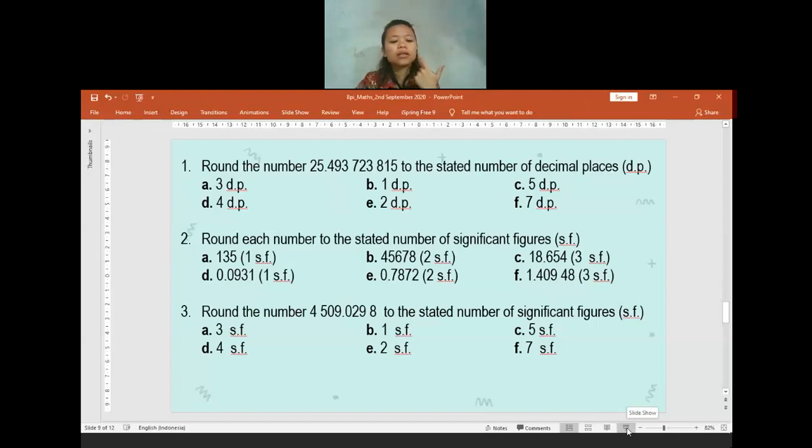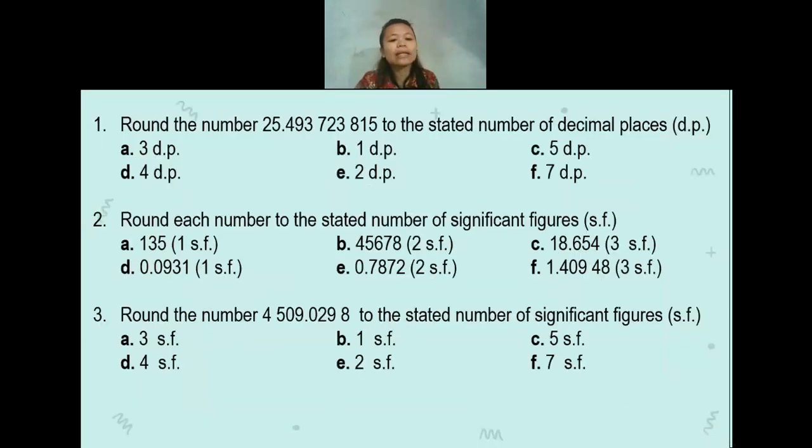So later, because usually this question will be there in the checkpoint. Please let me know, should we write the question and answer or only the question? Later I will be sharing the PowerPoint with you, so it's okay if you want to directly write the answer. If you have the answer for the discussion, it will be better for me to have a discussion with you. So later, if we have a different answer, we can clarify it better. That's why I want you to write the answer.